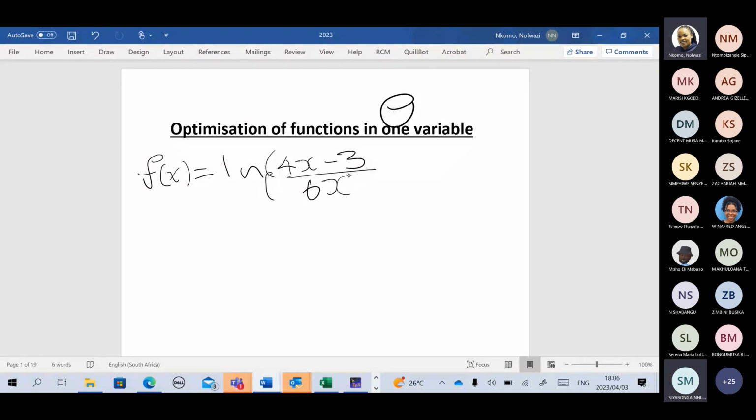Must I close the brackets? Close the brackets, yes. Okay. And then we were meant to figure out the